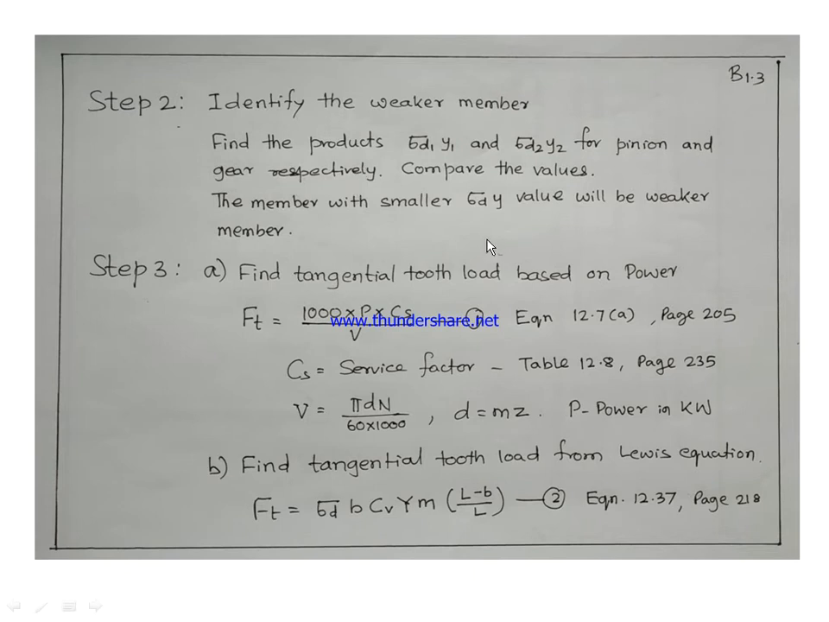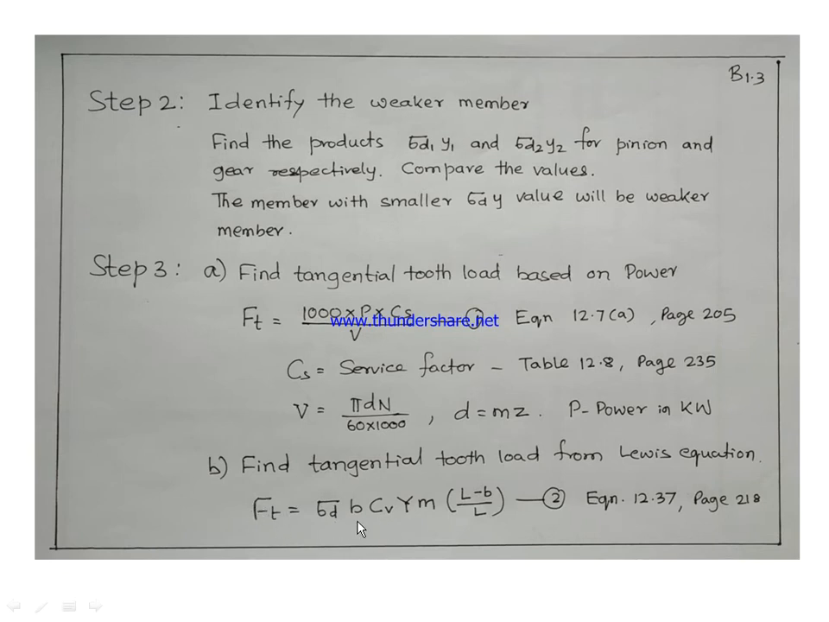Once that is decided, which is the weaker member, then we go on finding the tangential tooth load based on the power transmitted. Again, standard equation is there: 1000 into P into Cs by V. Cs is the service factor available in this table on page 235, and V is pitch line velocity, pi d1 n1 by 60 into 1000. Then again, by using the Lewis equation, we need to find out the tangential load Ft,